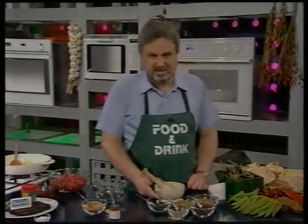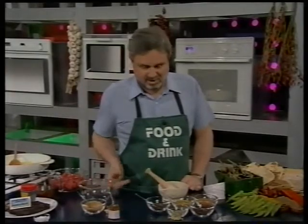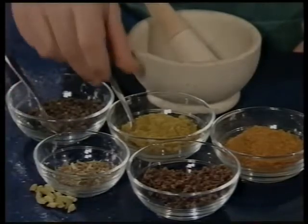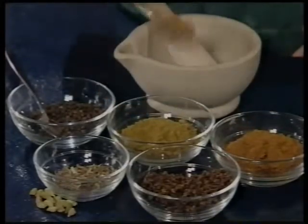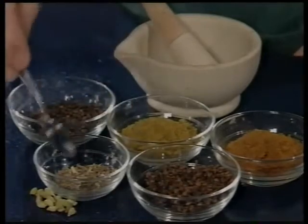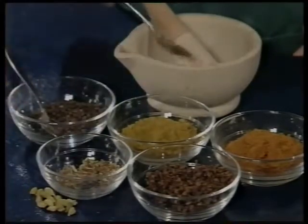Now I'm going to make a spice mixture, what's called a garam masala. You can buy it ready-made as a mixture, or if you fancy, how about half a teaspoon of peppercorns, half a teaspoon of ground cumin. You can use whole cumin if you're feeling really brave. The same of cinnamon, a few cloves, 2 or 3 cloves, and some of this. This is cardamom. There are whole cardamom in front of the bowl, and I've just taken some of them out of the